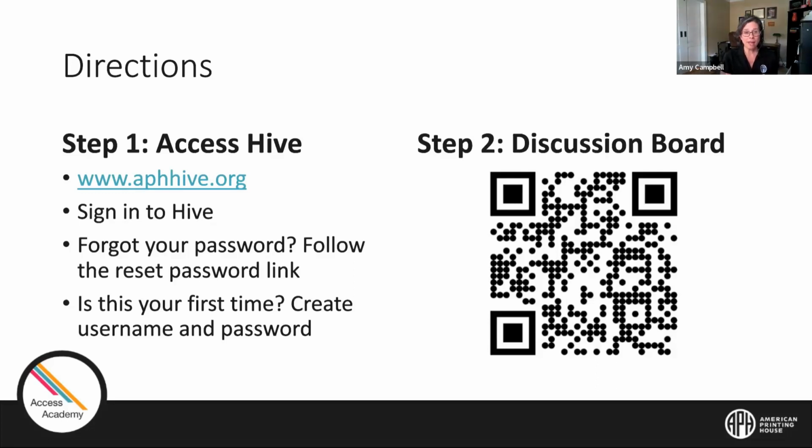If you forgot a password, maybe it's been a while since you've been in there, you can follow the link to reset the password. Maybe some of you, this is the very first time you've ever heard of the Hive, or you just don't have that username and password. Not a problem. Going to the home page, it allows you to create a username and password. Once you have created that username and password, now go into our step 2, and we have a QR code